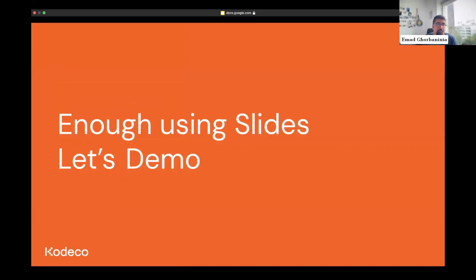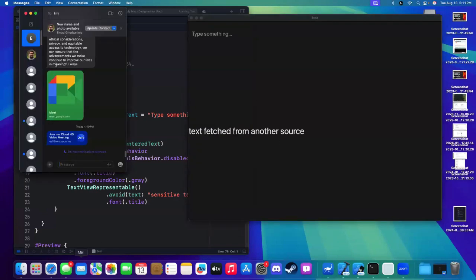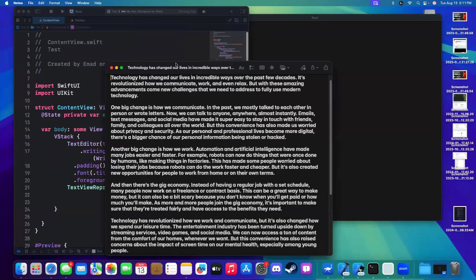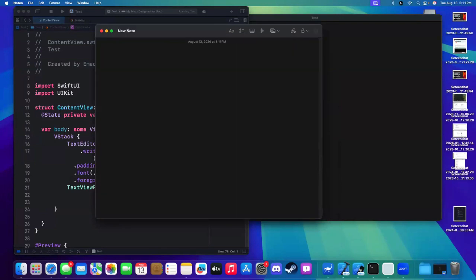Let's demo. I'm going to share my screen here. What we have today is a test app that I want to walk you through. But before that, I want to show you something in Notes. Just imagine you have a very long text, and you want to